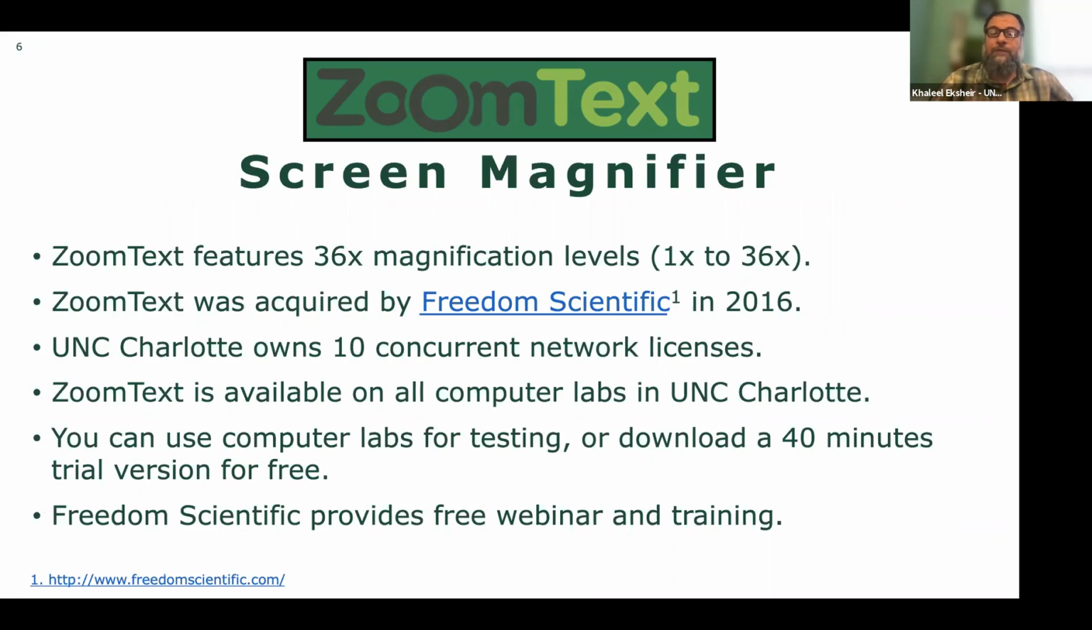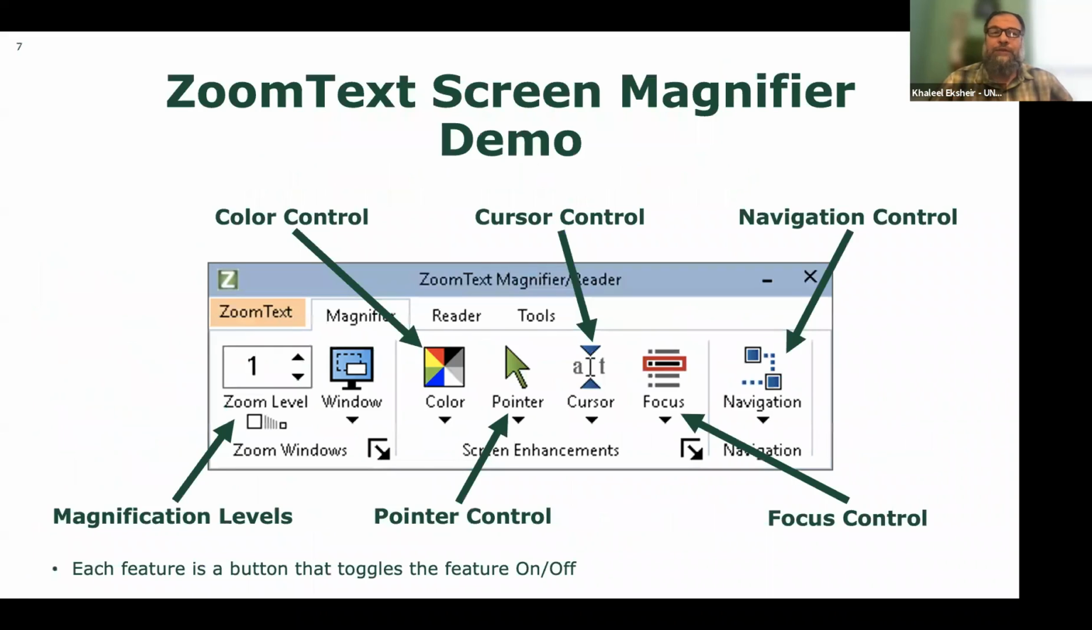Also, the company Freedom Scientific provides free webinars and training. So let's give you a demo. It is good today. I'm working from home, actually, using my Apple computer. When I work from the office, I launch ZoomText from